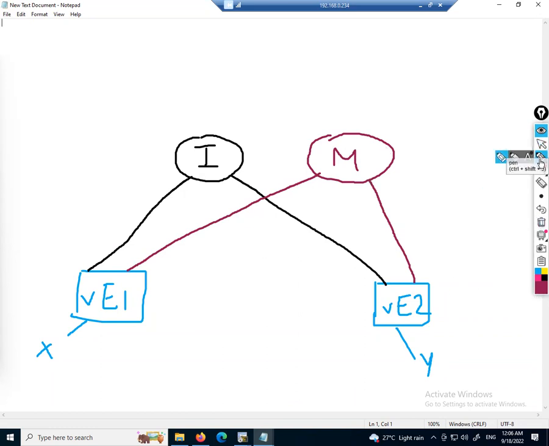Previously, if I go to VH1 and say show IP route, it will show Y via internet, right? But now, the moment we add this second WAN service, it will show Y also available via